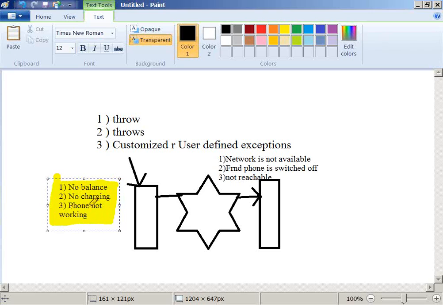If these are the problems, what do you do? Whose responsibility is it to rectify these problems? It's your responsibility to rectify these problems, right? Now, if you see these problems here, the problem is not with your mobile, right? The problems are with the network. So it is not a problem from your side. It is a problem with some other side. So can you say